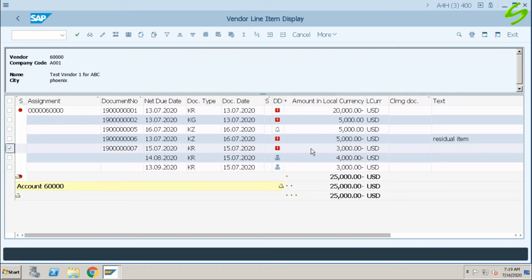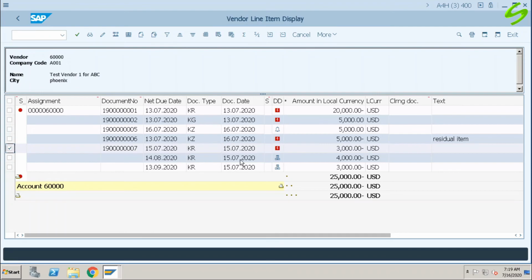The due date of my first invoice of 3,000 is 15th of July, which is immediately. I have posted it on the 15th, so my document date is 15th and my net due date is also 15th. The next one was NT30, which was due in 30 days.